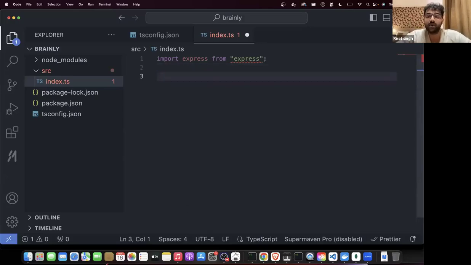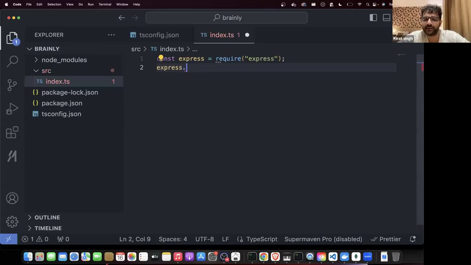Here I am using the modern syntax here, Harkirat. Import Express from Express. I am not doing const Express equal to require Express. This seems to work. This is not giving me any TypeScript errors, but that is because it will not give you types either. If you use this require statement, it will be hard for you to get help.